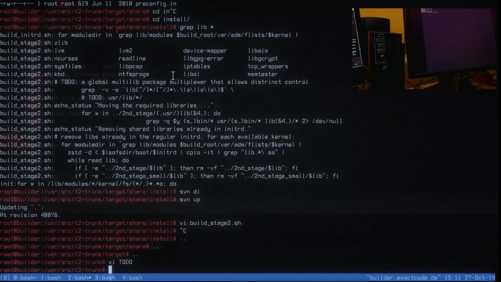So that would be, let's change that again, and so that would be, how large is this init.rd anyway? Let's, by the way, remove setstandard, and then it's 5.4 megabyte, I guess. So that's set